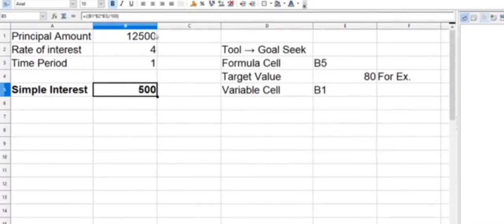If you want 500 simple interest, then according to the principal amount, you can use the goal seek that is provided. So whichever simple interest you want, you can calculate that principal value easily.